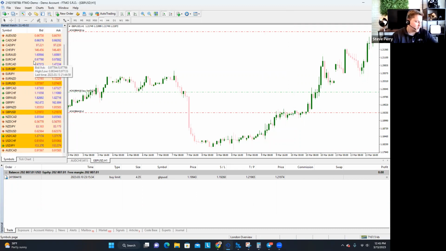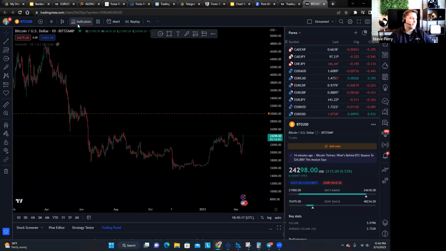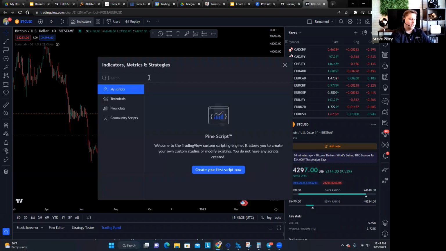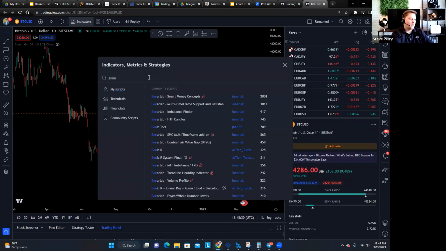Curtis, I got your question here. I saw it come up here on Facebook. Looks like you're asking, what is a TradingView indicator that you like? I like this. If we go back to TradingView, the indicator is called Sonar Lab - Order Blocks with Signals. So if you come over here and search Sonar Lab